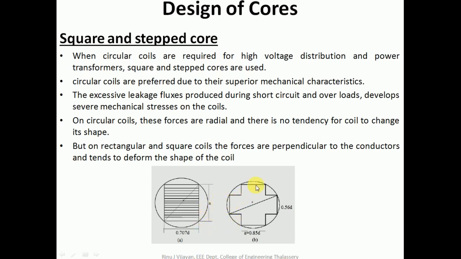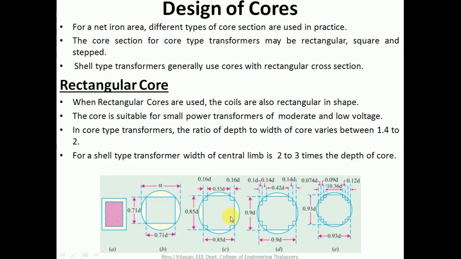In larger transformers, for better space utilization, the stepped cores are generally used. The stepped cores are also said to be cruciform cores. As the space utilization is better in the case of cruciform cores, if you consider a square core of a particular area, then the diameter of the circumscribing circle will be smaller in the case of a stepped core having the same cross-sectional area as that of the square core. Therefore, when the rating of the transformer increases, it is preferred to use multiple stepped cores rather than a single stepped one. This is due to the better space utilization property.